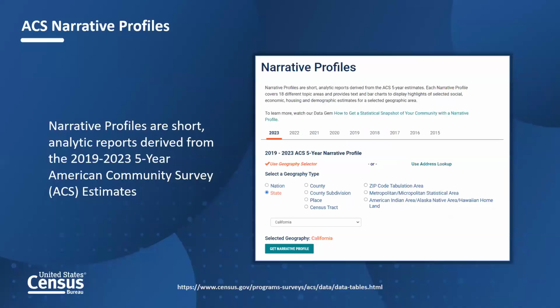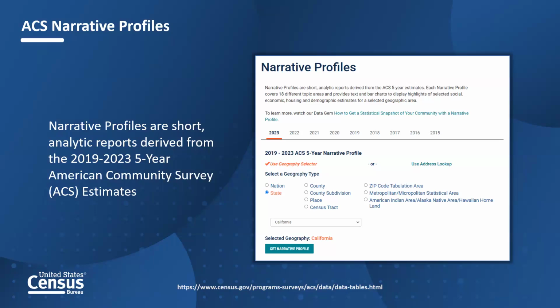So we'll start with the narrative profiles. If you are wanting to find easily available data on the American Community Survey, specifically for the 5-year estimates, because I'm sure most of you would be wanting to go down to the census block group levels, this would be a great source. It's technically not a tool, it is a table, but it provides you with summaries of information in a non-technical text format, together with some graphs as well as table links.